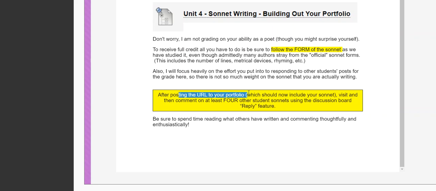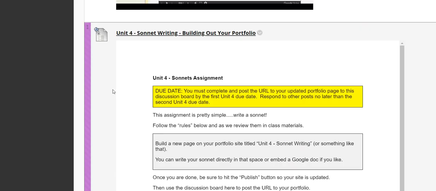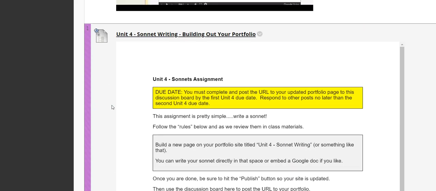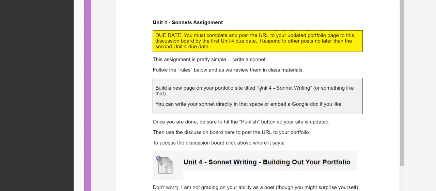You want to post your URL to our discussion board here, just like we've done in the past. If you embed a Google Doc or any sort of Google material, make extra sure that that is shared. So click the share button in your Google Doc and make sure that people can view or even comment. If you just leave it as the default, then it's only going to be viewable by you,